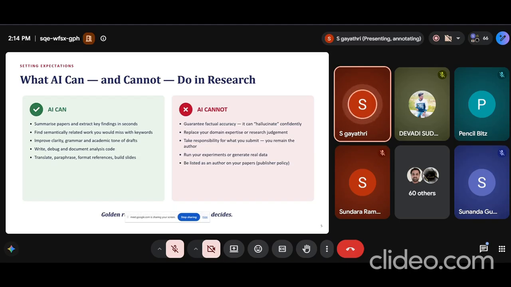It can polish your drafts. Whatever glimpse or idea you have given it, it can make a complete version of your research idea. And it can write and debug analysis code. As sir has told me, he is using one of the AI tools for analysis and coding. So AI can quickly code and debug the code you are giving it, for data collection and data analysis, and within a second help you translate that into effective outcomes which you're going to present. And it also